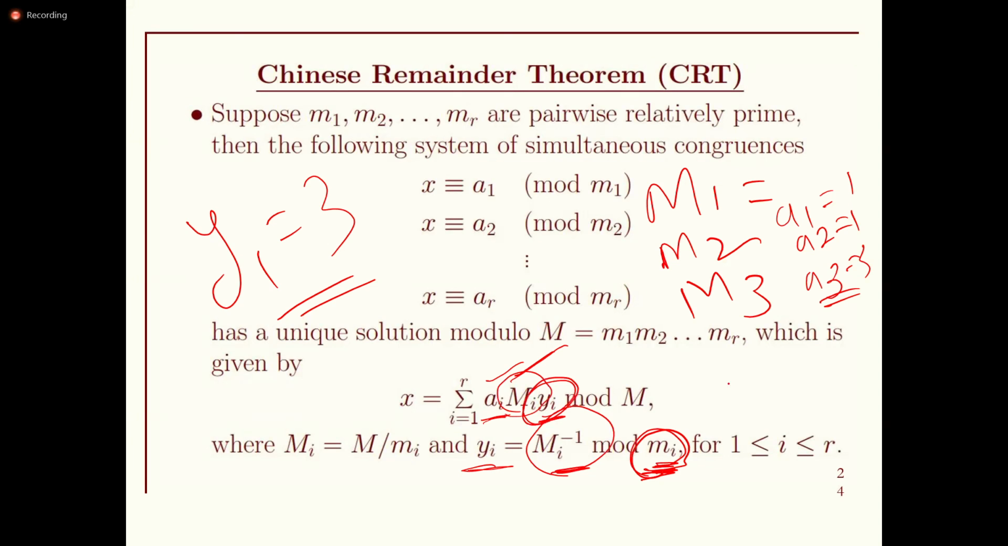Now we have calculated the Y1 value. We have to calculate the Y2 value. Once we get Y2 and Y3, we can directly substitute them in this. Now, how can we calculate the Y2 value? Same formula. Y2 is nothing but